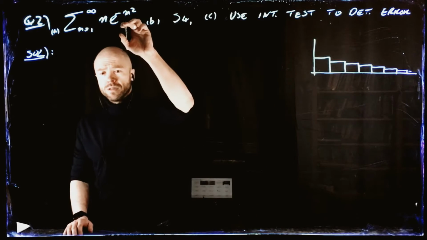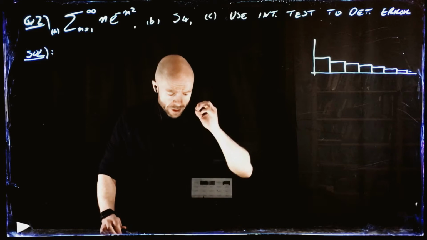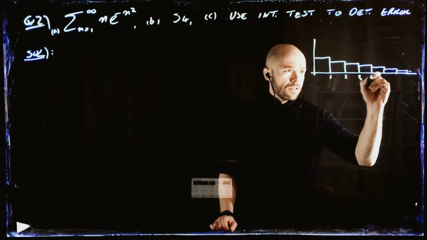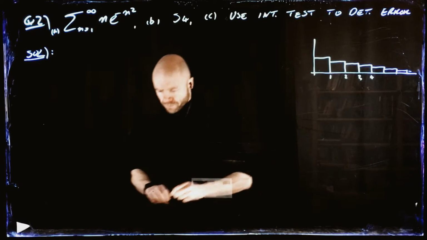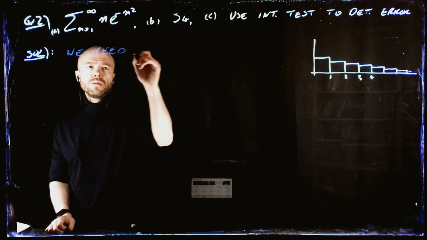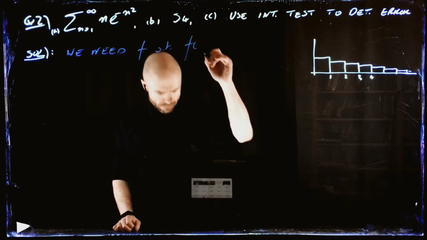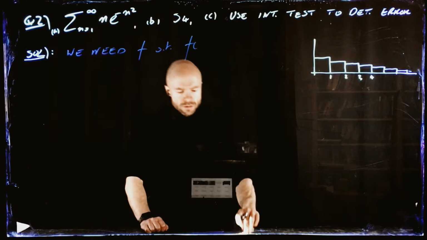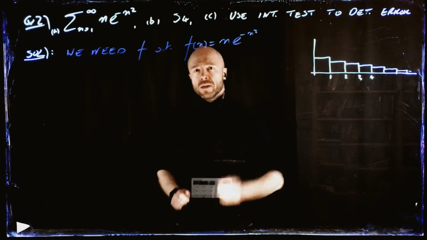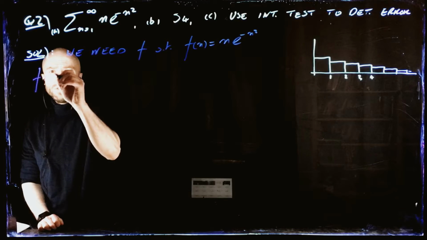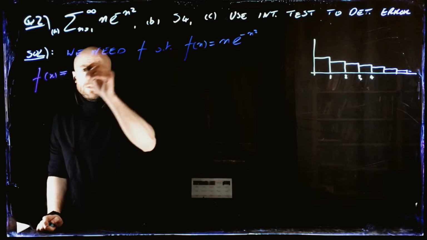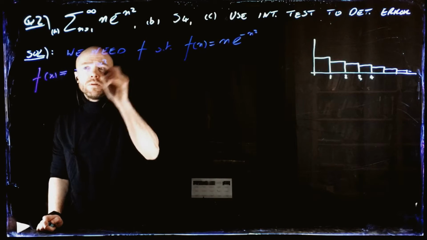integral test. So we need to find a function that recovers the terms of this series. So draw them here. Let's put a 1 here. This is a 2. This is a 3. This is a 4, and so on. So we need a function f such that f of n is n e to the minus n squared, and it should not be hard to come up with that for you people. You just do this, and then you notice when you put n in this, you get exactly